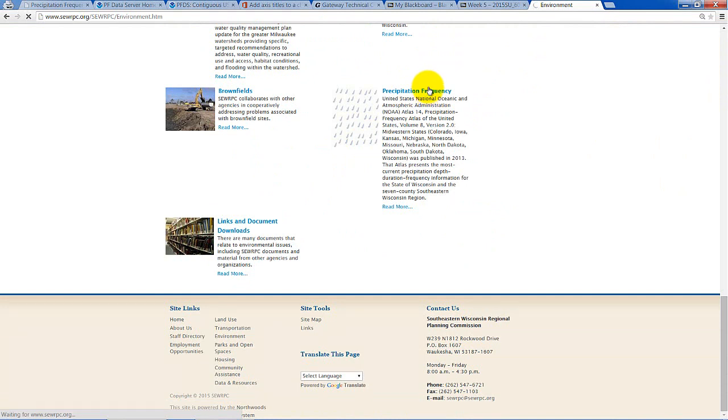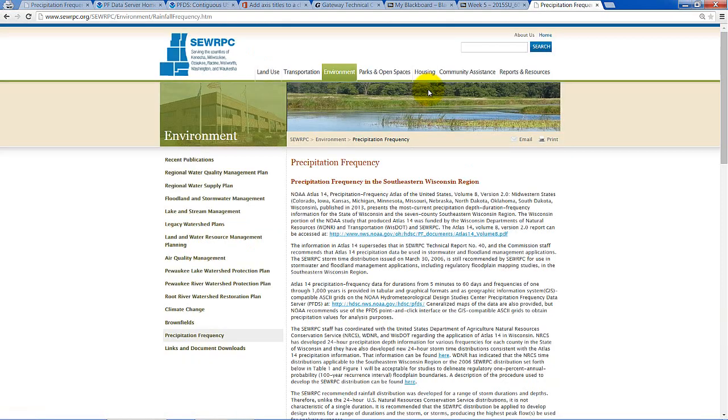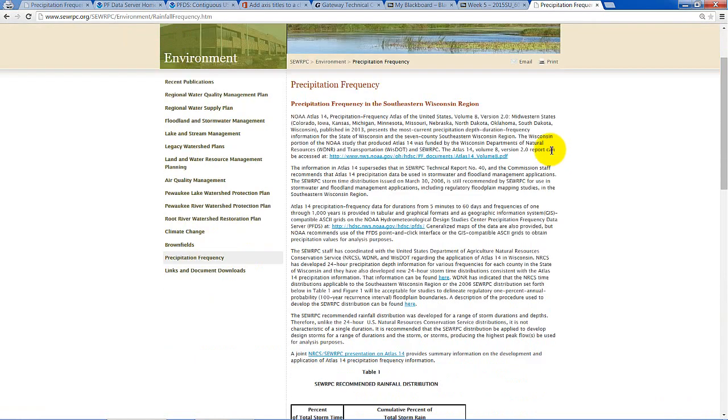So over here, this is going to open up and give us the data on the precipitation frequency. Now this was published in 2013. It revised what had been used for many years as far as sizing detention ponds. But this is for the states of Colorado, Iowa, Kansas, Michigan, etc., all the way through and including Wisconsin. We're going to go to the NOAA site where it has the rainfall data. So we're going to click on here,